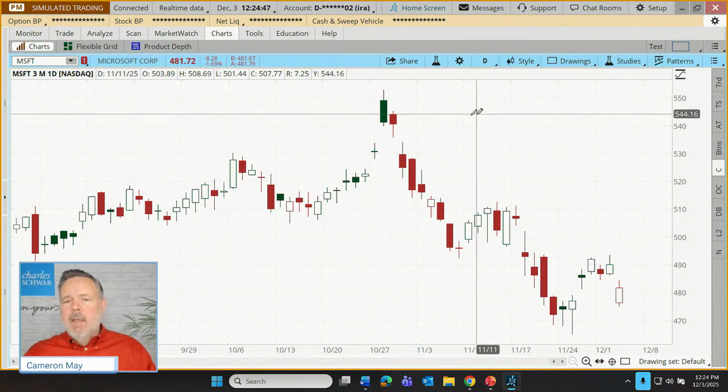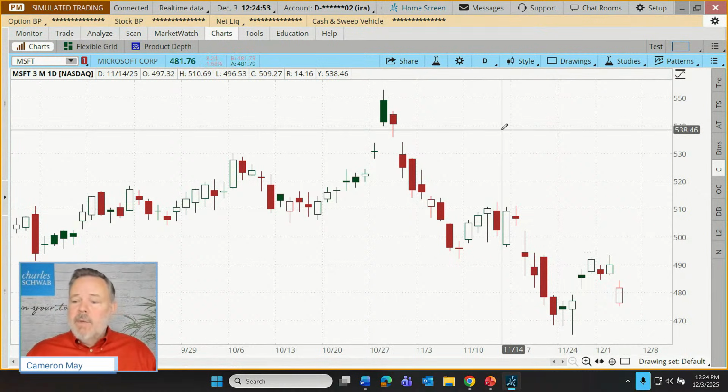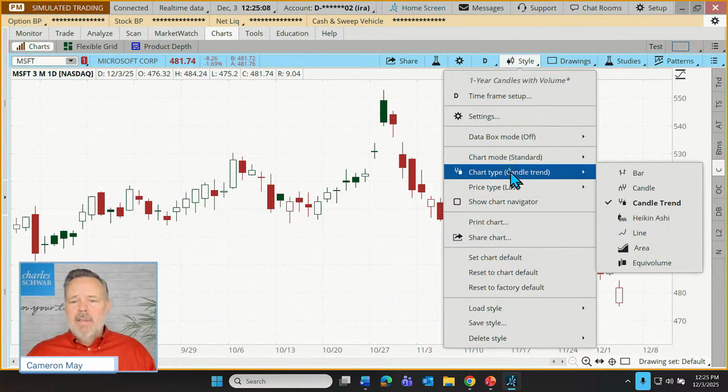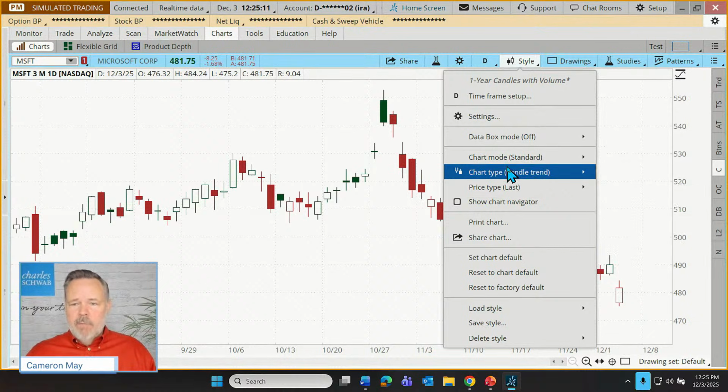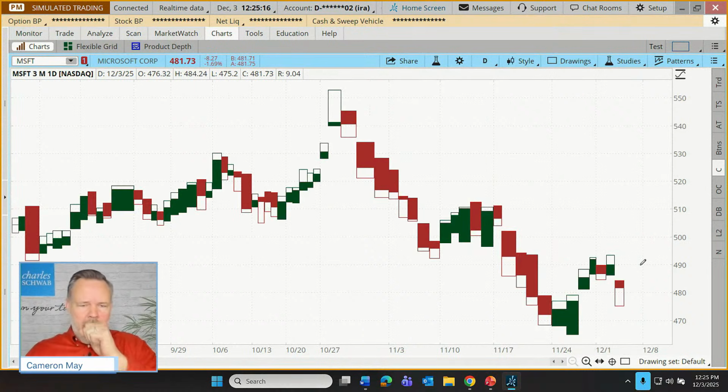All right. So that's candle trend. I think that's going to be new to a number of you. Let's move on to another one, even go a little bit deeper. Our next chart type is actually going to build in not just price activity, but also include a volume element. So this one is known as equivolume, which is ironic because equi would typically mean equal. And the purpose of this is to show that not all candles are necessarily equal from that volume perspective.